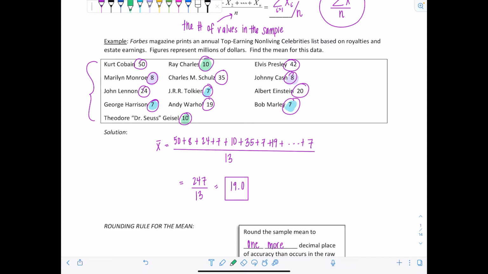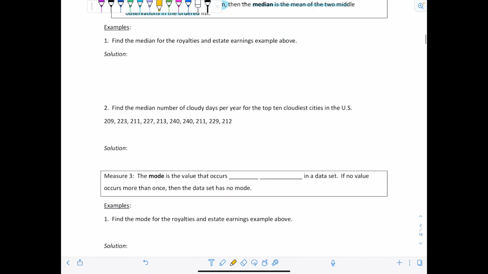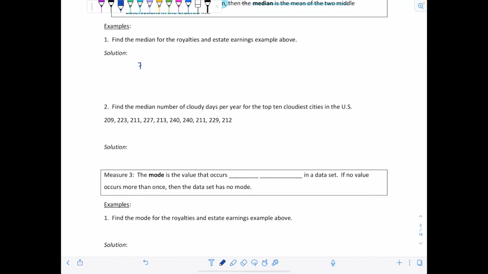I hope you're listing this as I'm saying it, because I'm just going to scroll back and relist. And then we have 19 just once, and then 20, and then 24. Next would be 35, then 42, and then 50. Okay, do you have your ordered list? All right, I'm going to list it down here. So we had 7 three times, 8 twice, 10 twice, then 19, 20, 24, 35,